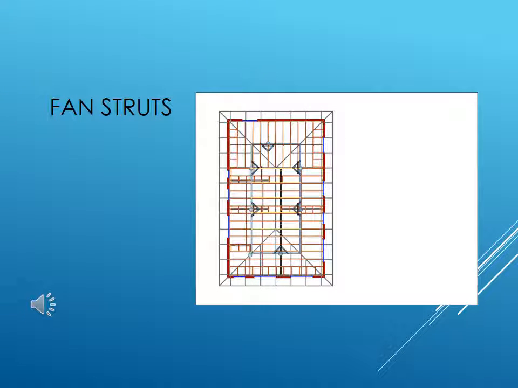Fan struts. Fan struts are an economical way of extending the distance that an under purlin can span. Also, it aids in the situation where an under purlin cantilevers, and you will find within your code that it has a figure of 25% of the backspan, and so we need to look at that really carefully. And so on the layout here,